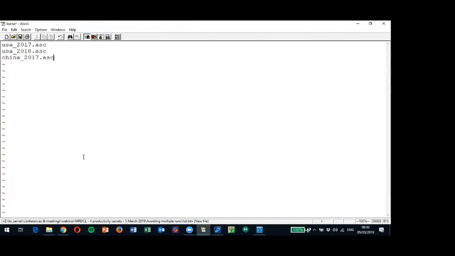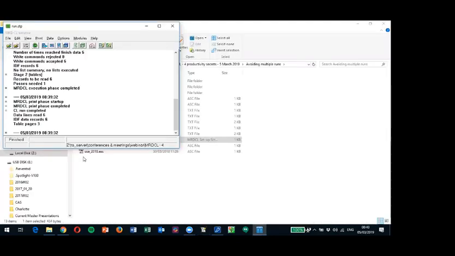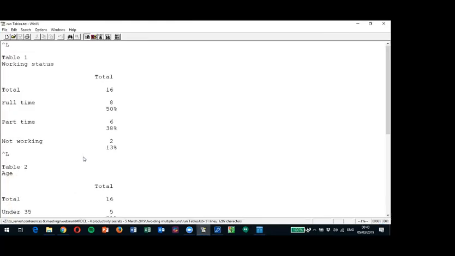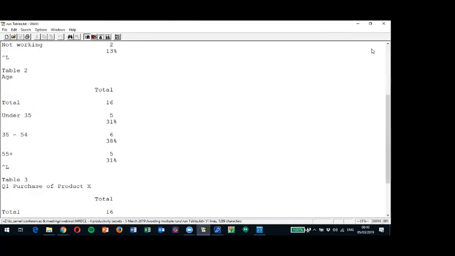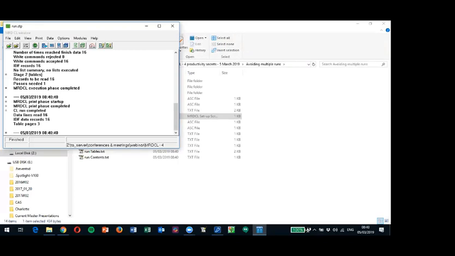And now I'm putting in all 4 files that I had originally, and now it should run my tables for me on 16 records. I think I've got 5 records in each of the China files, and I've now got 16 records. So that's a slightly more convenient way of storing that data. But what I can also do is store the data in the list of files in a CSV